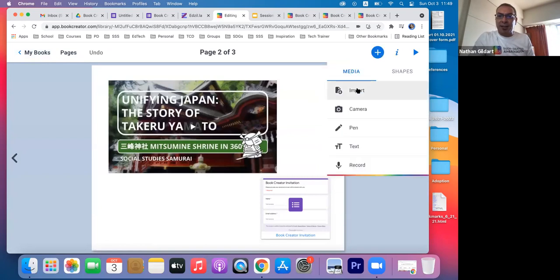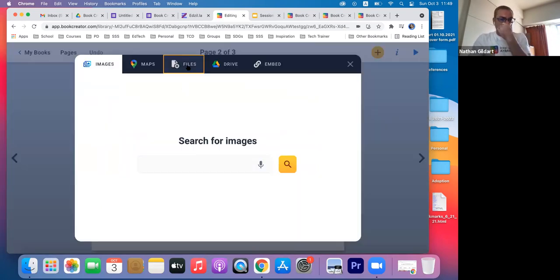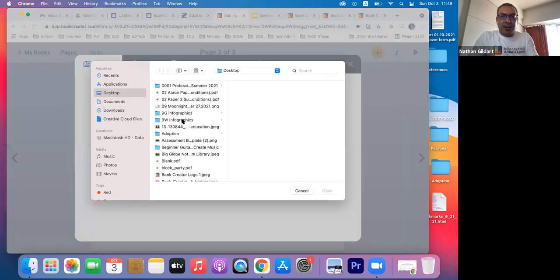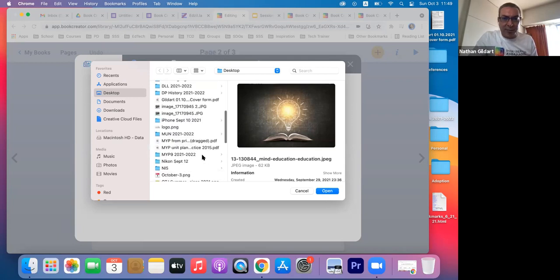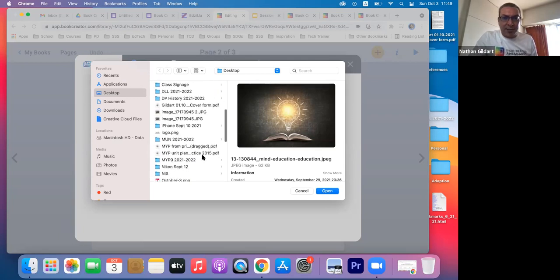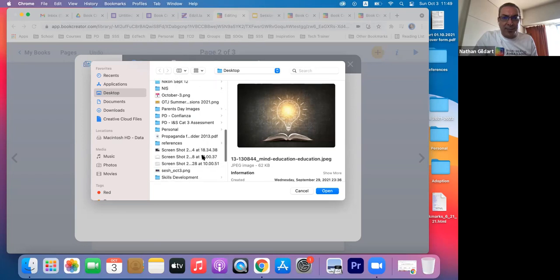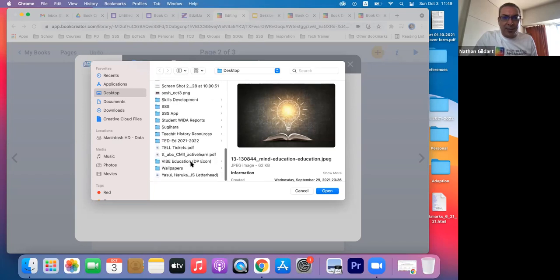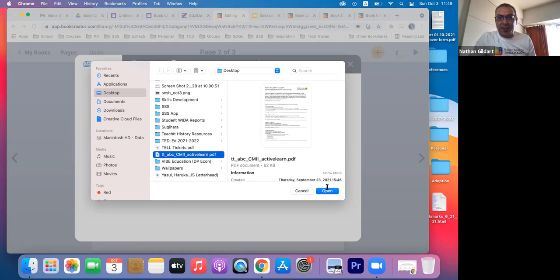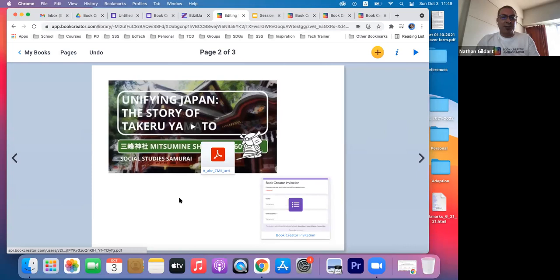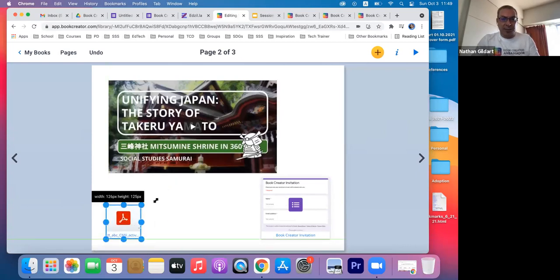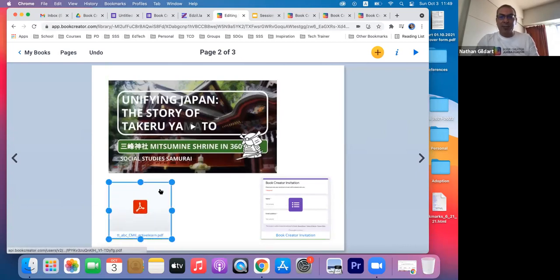Now, let me just click File and Import, and I'm going to import a file. All right, so let's say I want to put a file, a light bulb, an image kind of thing. But let me see if I got a PDF file in there somewhere. No PDFs on my desktop. Nope, there's one. Just for the sake of showing you, I'm going to put that in. All right, and so there's what PDFs kind of look like when you put them in, make it a little bit bigger. Again, it's multimedia. You can just add a whole pile of different stuff, right?